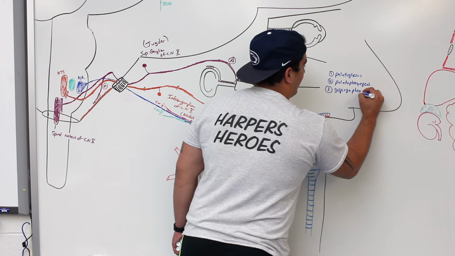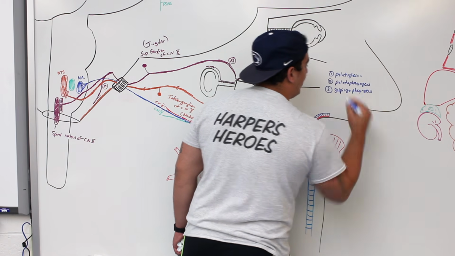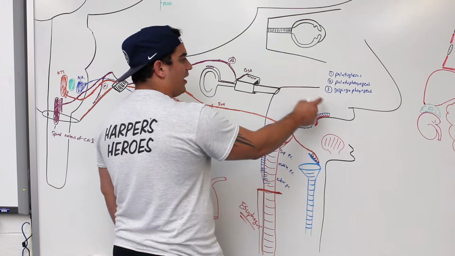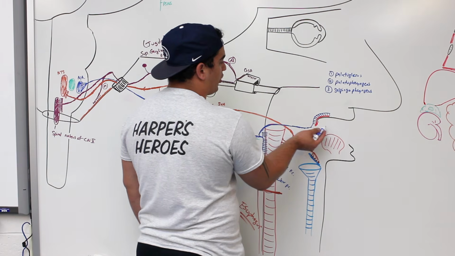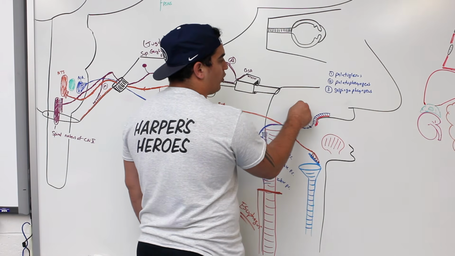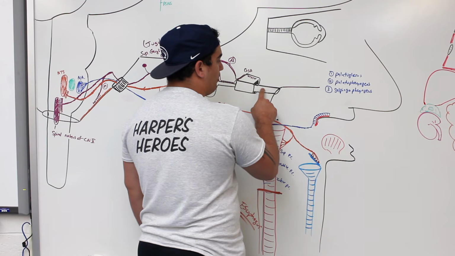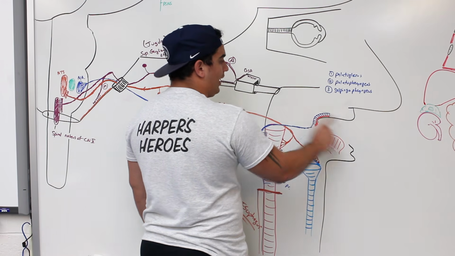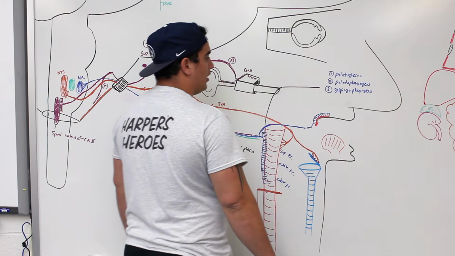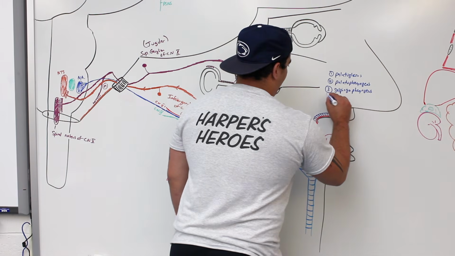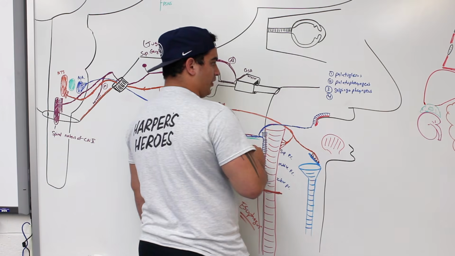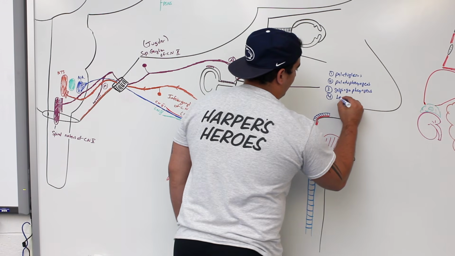There's another muscle that also does that called the salpingo. I don't know where the heck they come up with these names, but they're called the salpingopharyngeus. It also elevates the pharynx, and it's close to the auditory tube. So it actually can pull in the auditory tube to kind of equalize the pressure between the tympanic cavity and the atmosphere. Okay? So that's the salpingopharyngeus. And then it supplies, we said, the superior, middle, inferior pharyngeal constrictors. Ooh, and the levator